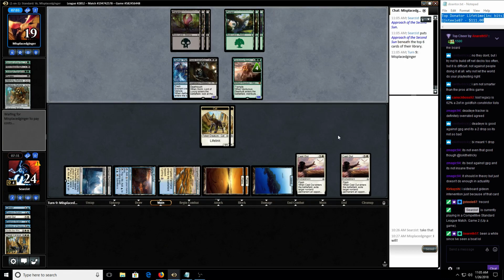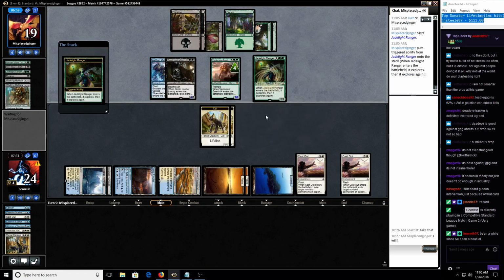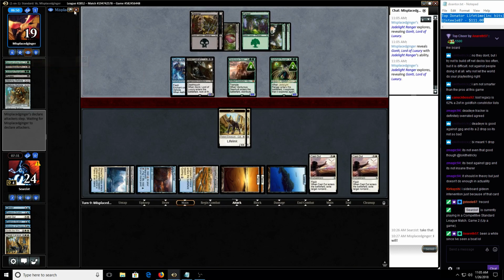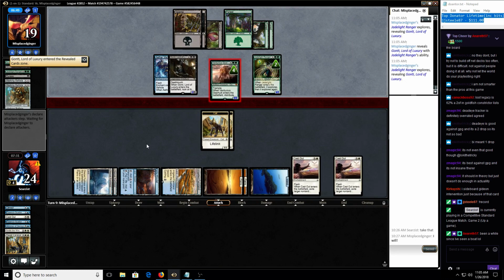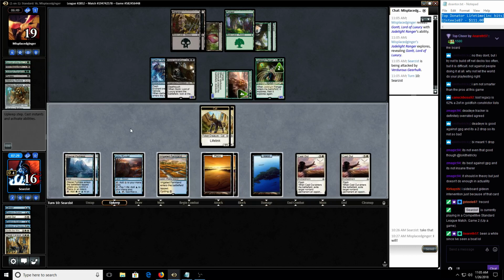Assuming he doesn't have Lost Legacy, of course. Shadowlight Ranger, which means I can't really block. I gotta save these for that. Another Gonti's pretty good. Oh, we'll just take our 8. I feel like I played this exact same game with Dinger before, but I don't think I've ever played with Dinger, so...